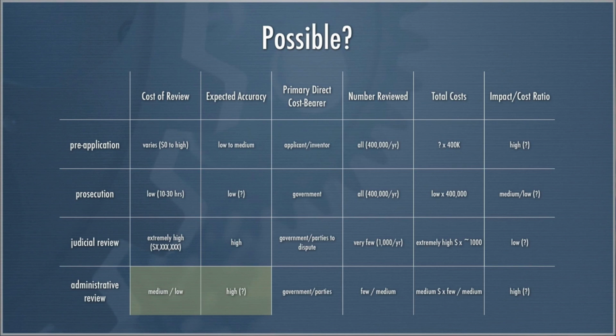And I think there's some hope. I guess I would count myself among the skeptics of whether this is really going to work, because I think this idea that you can find a happy medium between low cost, low accuracy screening like we do in patent prosecution, and the super high cost, super accurate screening that we do in judicial review, is one of those things that sounds good on paper, but you look at the